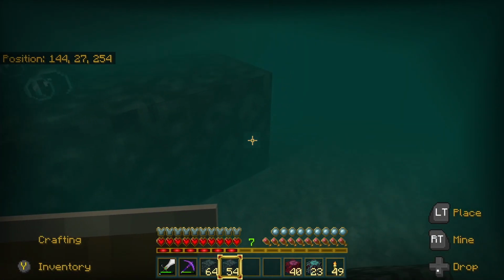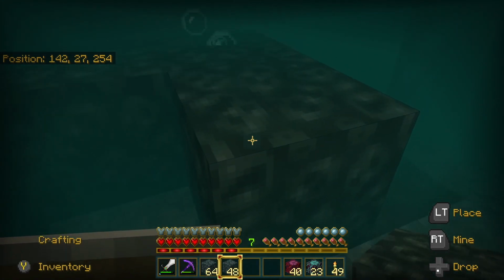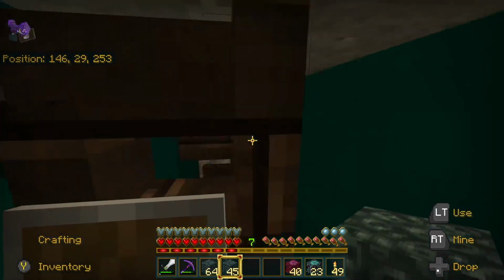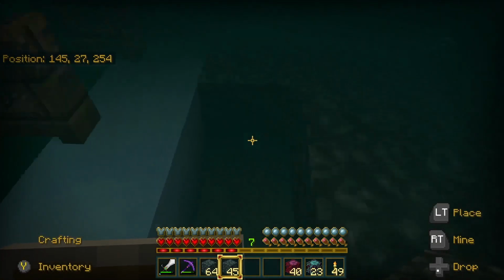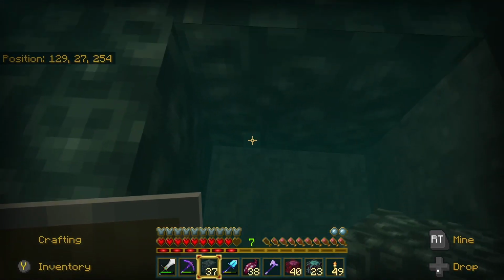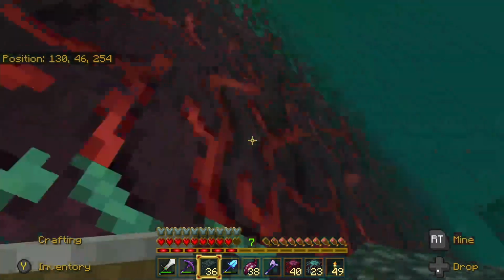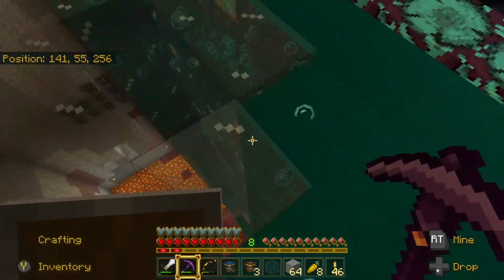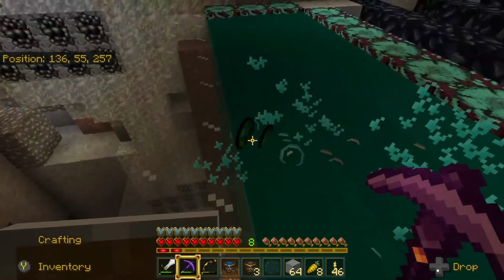Make sure you're not using soul soil or it won't work. It has to be soul sand. All along the bottom here. Okay, so now that we have the bubble elevator in place,